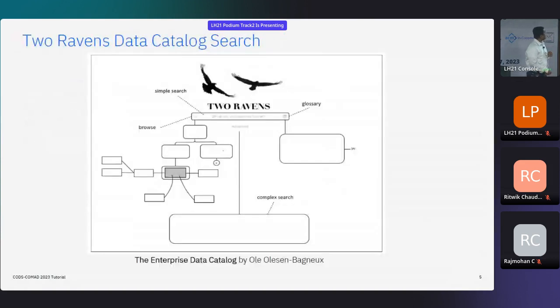So this is a very interesting book. One of the takeaways from this part of the tutorial would be this book, the Enterprise Data Catalog. The interesting thing about this book is it comes from the library sciences world. You discover that a lot of things in library sciences are applicable to data catalogs too, right? So, as you can see, things that we just discussed,